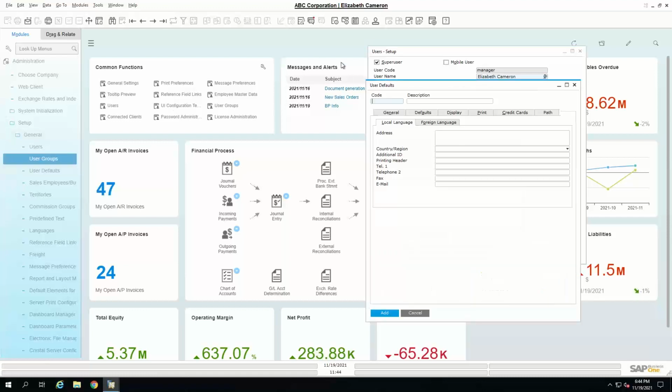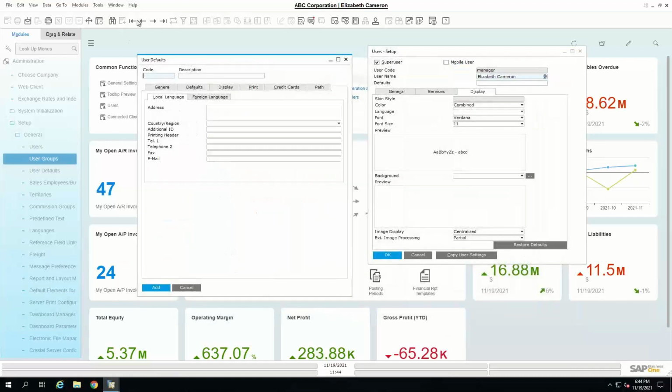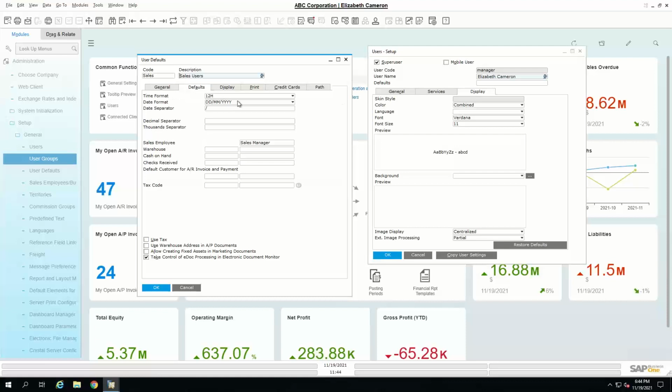user defaults here. So user defaults are basically a template that you can set up for your user setup screen. And we have one here for our sales users. So we'll go into the defaults tab where you'll start seeing many of the same setups here for time format and date format that we are able to set up on the user level. But if we know multiple users are going to share the same setup, we can set it up as a